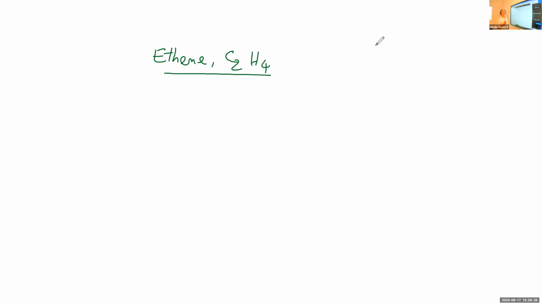C2H4, ethene molecule. In ethene molecule, there is a double bond between the carbon atoms. You know, the atomic number of carbon is 6, familiar to us, and the configuration will be 1s2, 2s2, 2p2. There are only 4 electrons in the outermost level. So to complete the octet, carbon has to form 4 covalent bonds, so that this structure will be changed to